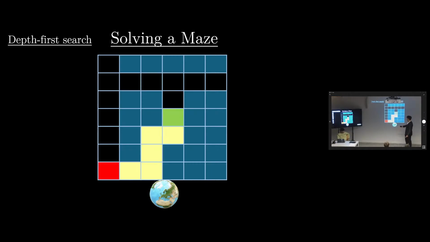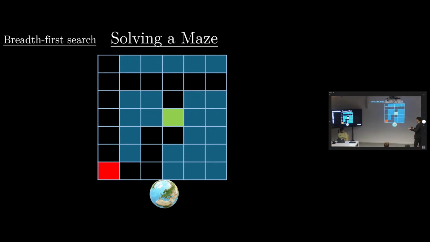But we could tell that this is the shortest path, right? We know that this is shorter than this. So we now want to guarantee that our AI model is always going to be able to find the shortest path. And then another algorithm has been invented to solve such problems, what we call breadth first search. What does breadth first search do? Instead of going until a dead end, it goes in the same manner in all the possible paths.